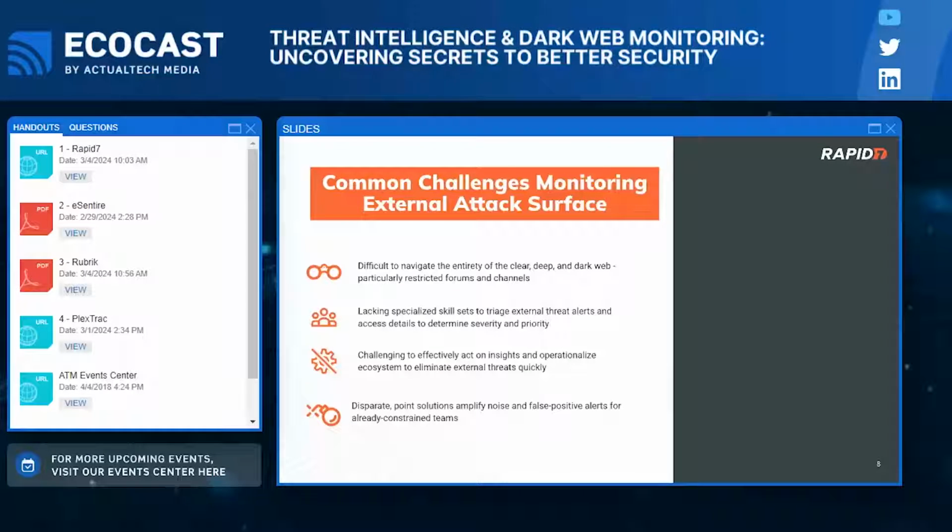Your internal attack surface is incredibly noisy, and you have a lot more context for it. That noise gets even louder when you go outside of your perimeter, and so it takes a certain skill set to be able to navigate these external threats and determine what is real, what's a real priority, what requires escalation, that sort of thing. Being able to operationalize that information, know where to take action, and actually take the action. So to go back to the phishing example, to have the relationships with the registrars, to take down those domains, to be able to report those things effectively.